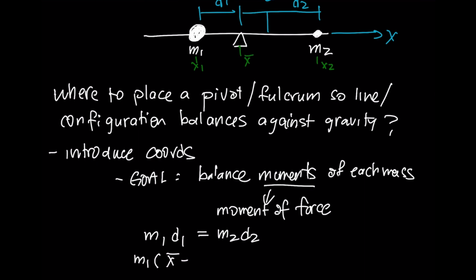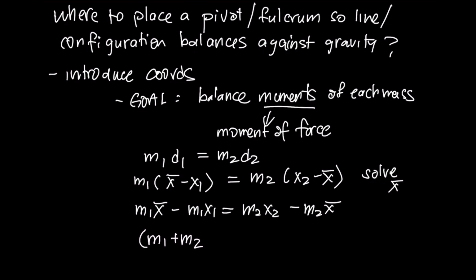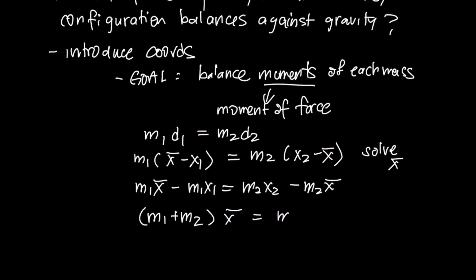d1 is x bar minus x1, so we'll take larger x minus smaller x to calculate that first distance. And we want this to be equal to m2 times x2 minus x bar. So what we're going to do is solve this equation for x bar. m1 x bar minus m1 x1 is m2 x2 minus m2 x bar. So we're going to group together all the terms with the x bar, m1 plus m2. So at the end of the day, what we find is an equation for the location of where that position